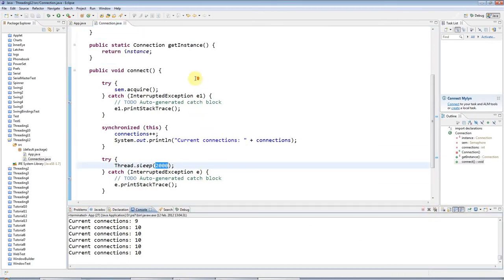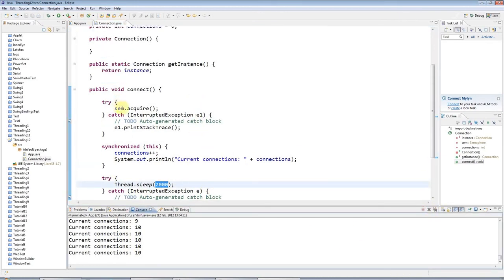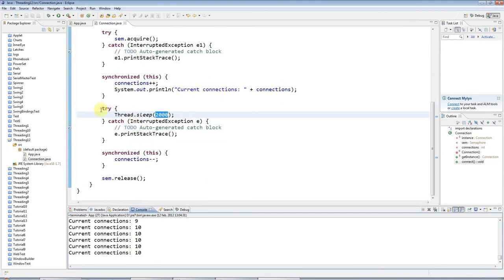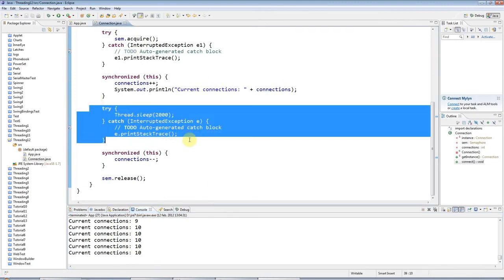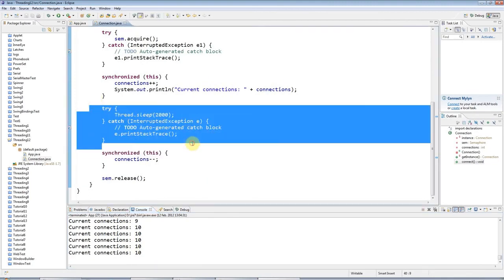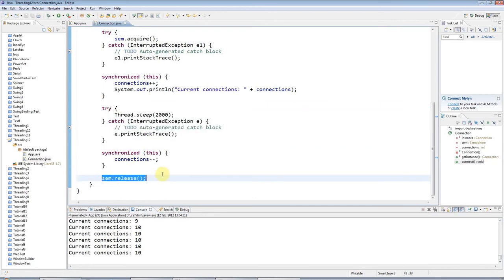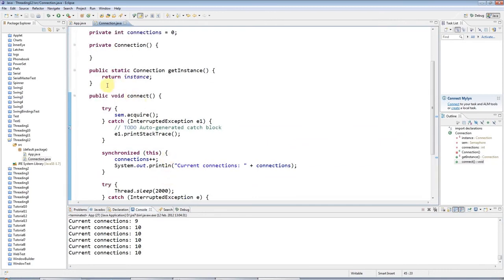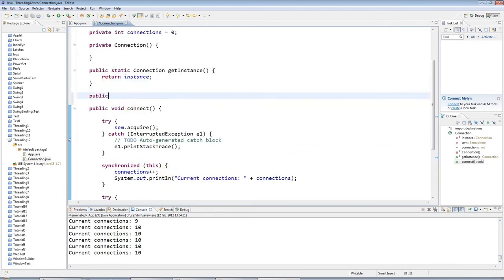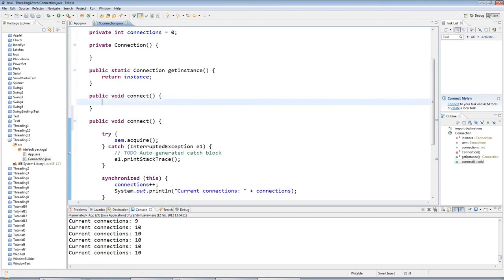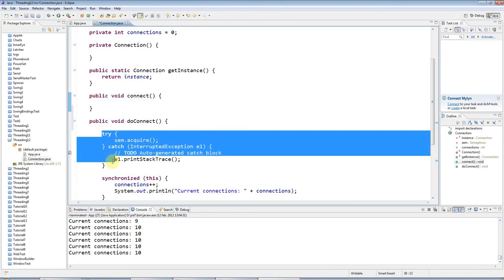Now one thing here that is not quite right with this code is that if this code here were to throw an exception, then release might never get called. So it's safer if, let's have a new public void connect here like this, and let's rename this to doConnect, and here I'll have my semaphore.acquire code